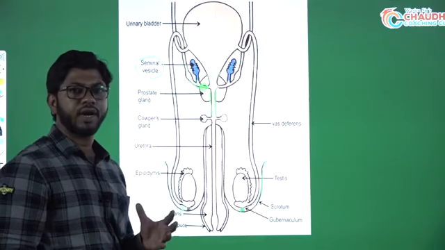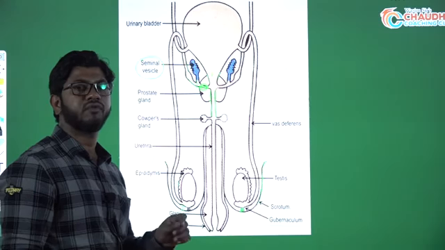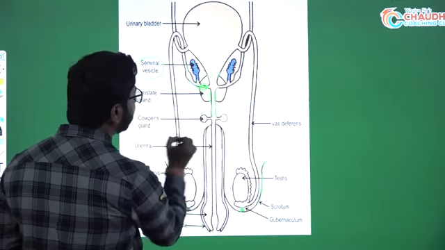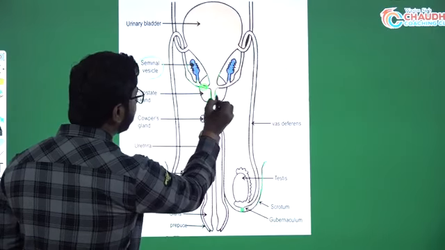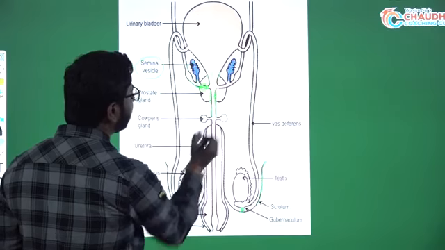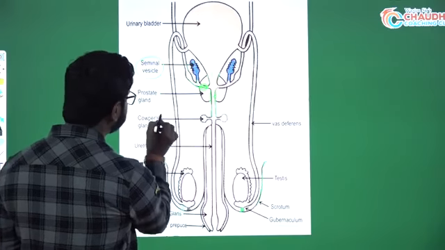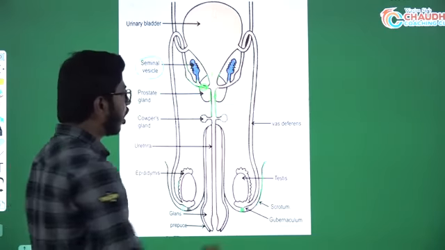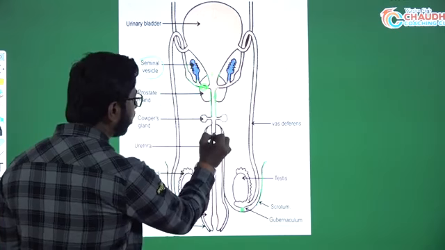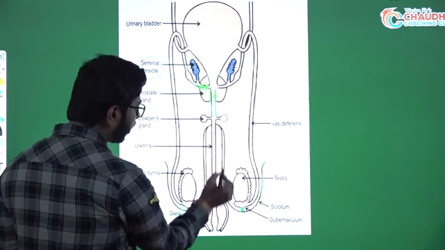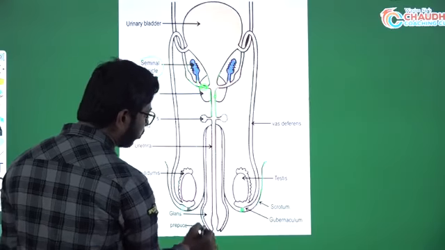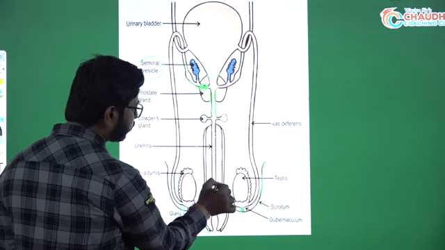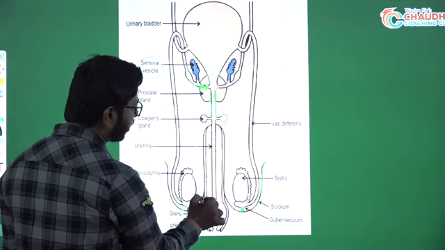Semen is a fluid which is made up of sperm, seminal fluid and prostate fluid. The gland at the back is the prostate gland. The prostate gland also secretes its fluid in the same tract. It is the genital tract. Now these small pea-shaped glands are called Cowper's glands. Cowper's gland secretion also comes here, and all these secretions move through the urethra. This muscular structure is the penis, and the duct is called the urethra.